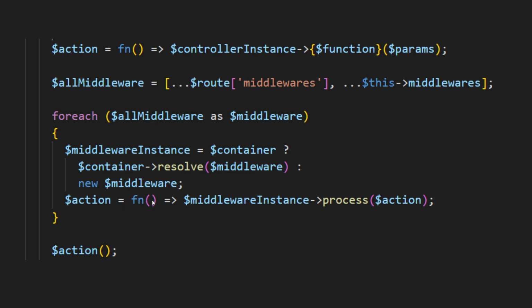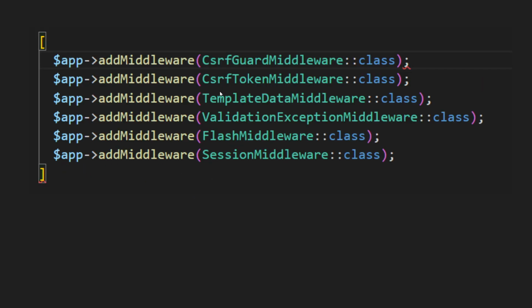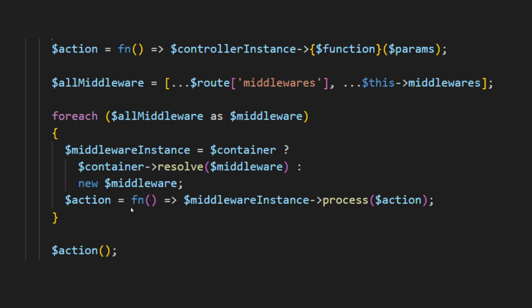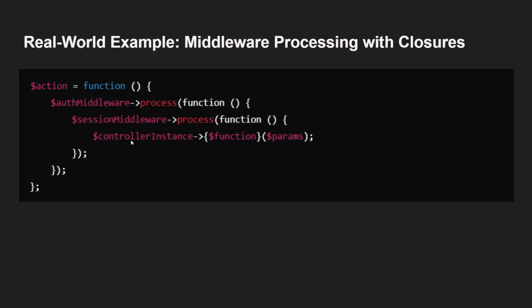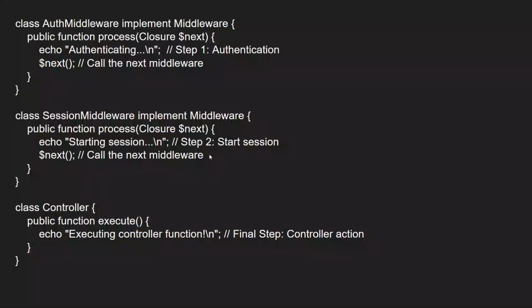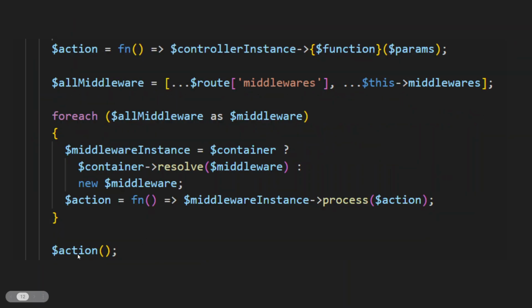Right, so we got the session, we got the authentication, validation, whatever we got here, flash middleware, template data, CSRF token middleware. So what happens is that every time we loop over them, we assign them into this function, and whatever was previously, it gets passed first and then it's saved in the memory. Once everything is basically built up as a chain, which would look like this in a more visual representation, this is a chain. In JavaScript it's called a callback, but it's a chain of functions calling other functions within the function. Then we execute this,